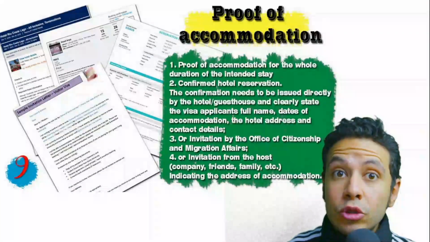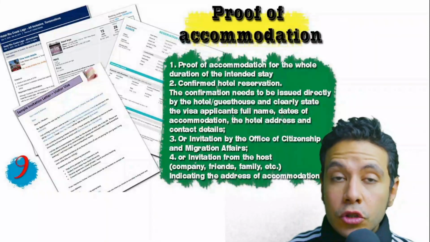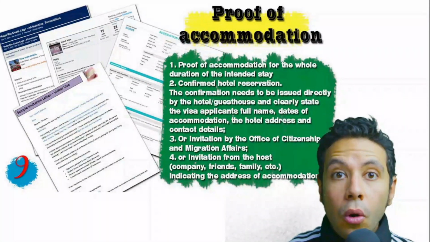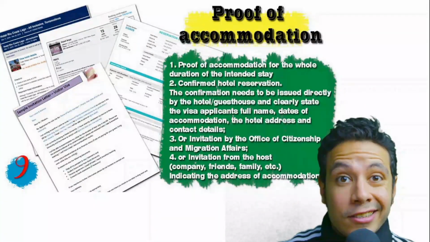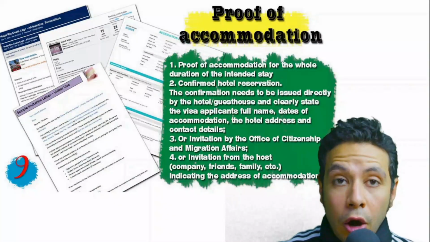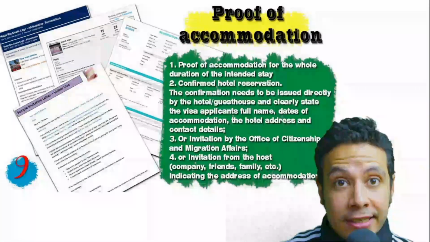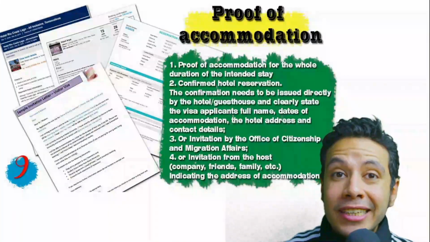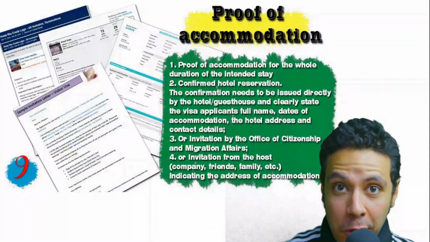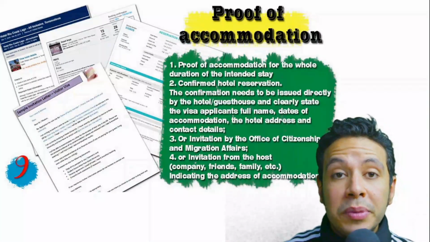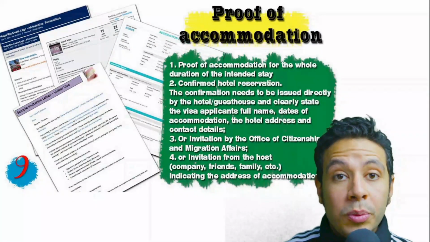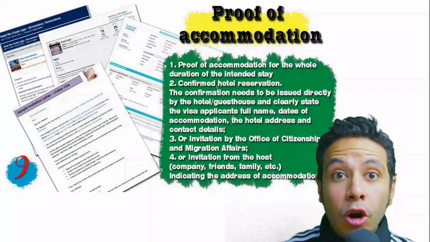You will also need to provide a proof of accommodation. It could be a confirmed hotel reservation or an invitation from a host in this country or an invitation from an organization you are visiting in this country. For a hotel or hostel, an initial booking is acceptable, but in some minor cases you might need to provide a confirmed booking. And anyway, the name of your hotel must be mentioned and the address and the contact number. But in case you are invited by a person, either the letter of invitation should be mailed directly to the embassy or be submitted by you, accompanied by a copy of the passport